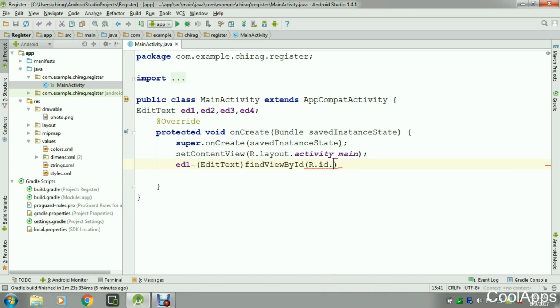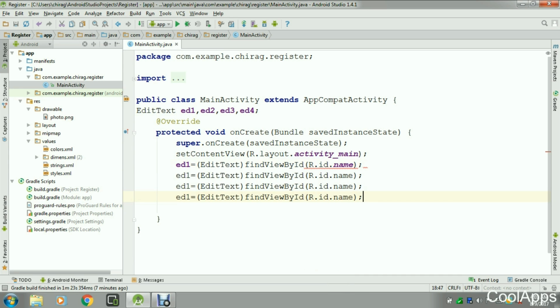So guys, just copy and paste 4 times, because we already have 4 edit texts, so we just have to copy and paste it. Just change the objects: ed2, again ed3, last ed4. Now change the id of your ed2, that means your mobile number. So the mobile number id is